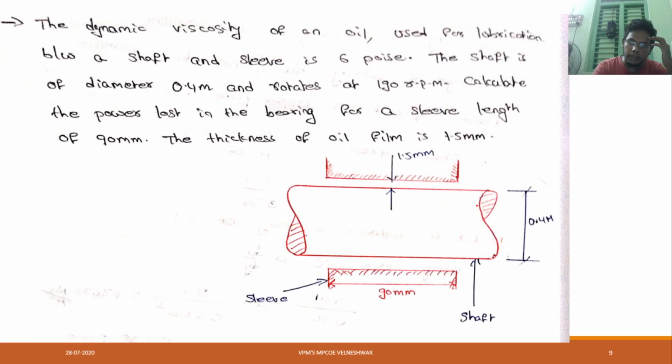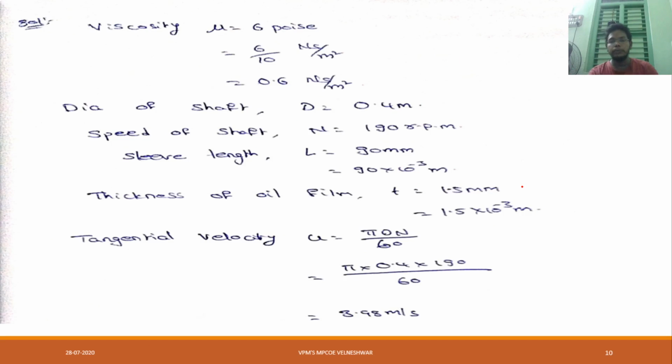See, this value is the overall diameter of the shaft. Before, he gave us an area; now he has given us a shaft. If he has given a shaft like a small cylinder, how do we find it? We will see in this numerical. Okay. Now diameter of shaft D is equal to 0.4 meter.